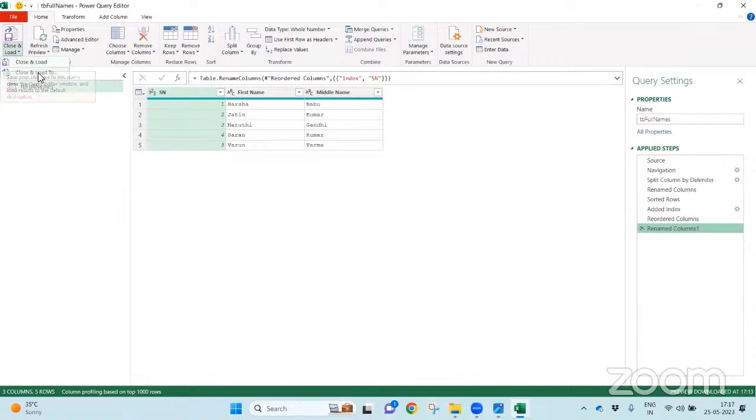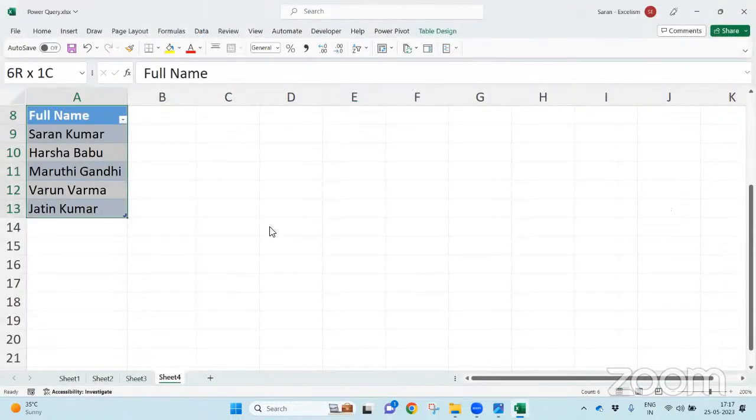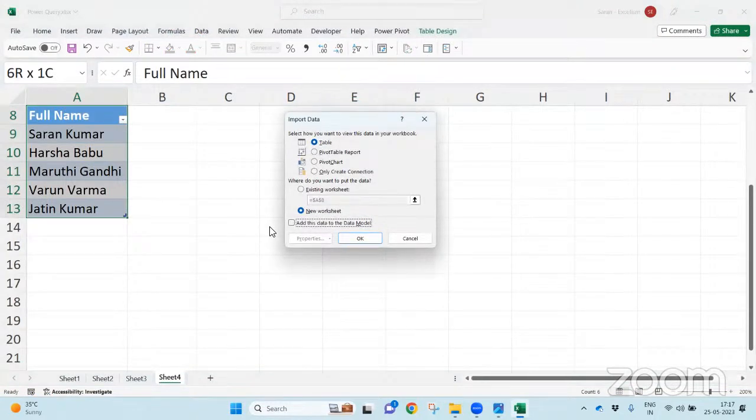But I want to show you all the options. So that's the reason instead of clicking this close and load, let me click this close and load to. Now there are four options. You can load into Microsoft Excel as a table, the entire result of the query as a table, or you want to get that into the pivot table report, because sometimes the source you have taken may be more than 1 million records. You cannot get it into Excel as a table format. So you want to do the analysis from the data.